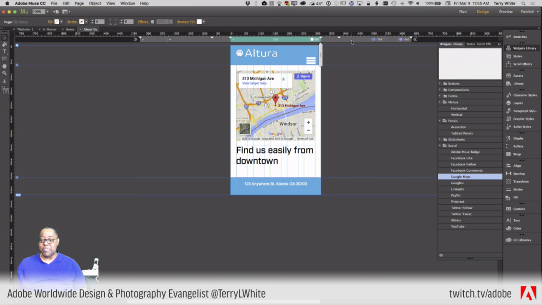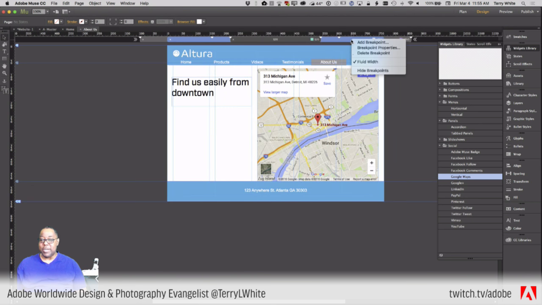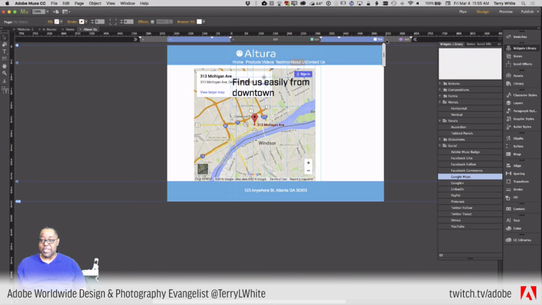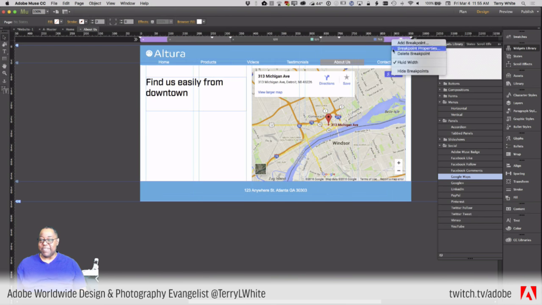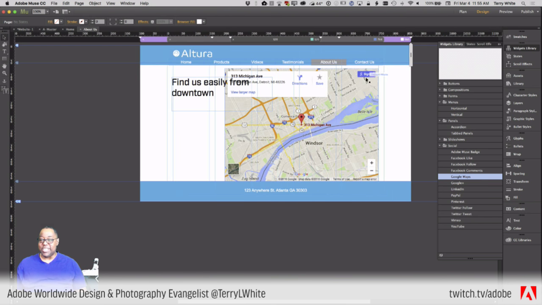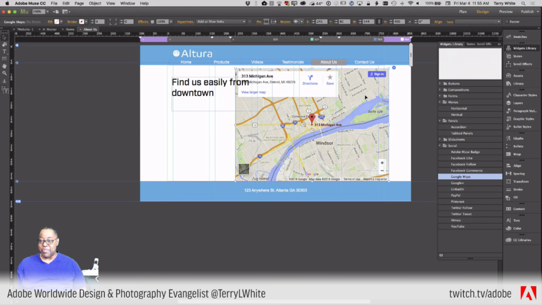Turn off the fluid breakpoint. Go here, not fluid. And I need to fix that. But anyway, not fluid. Okay, so if I turn off fluid and then go make my adjustments,